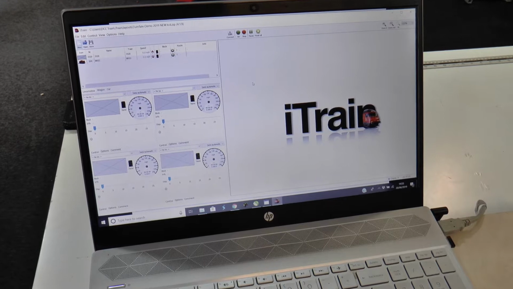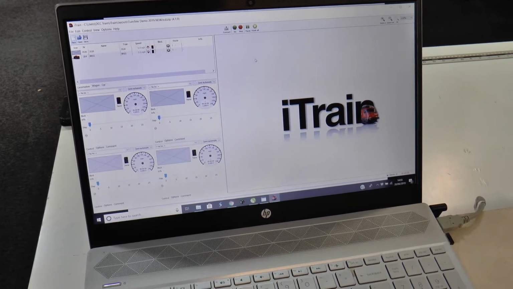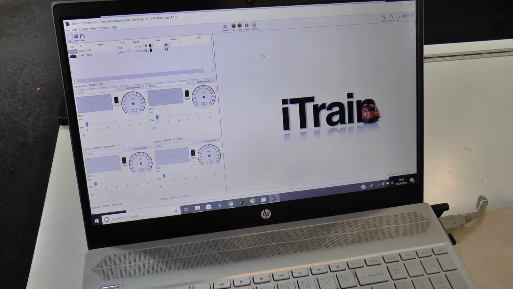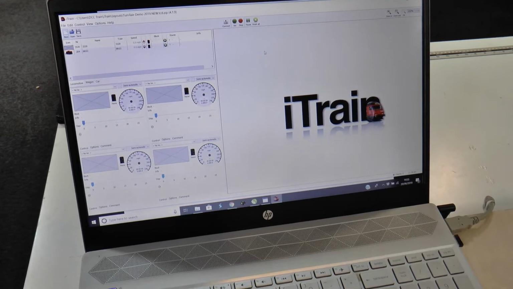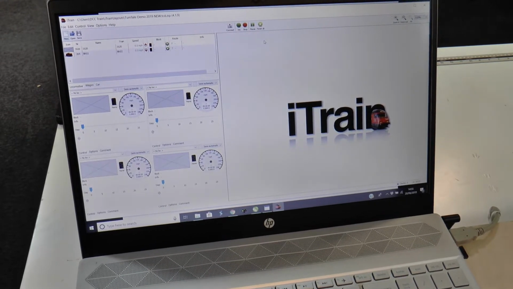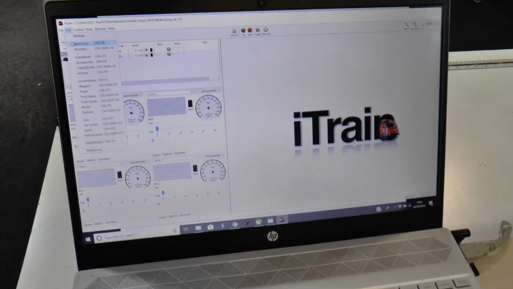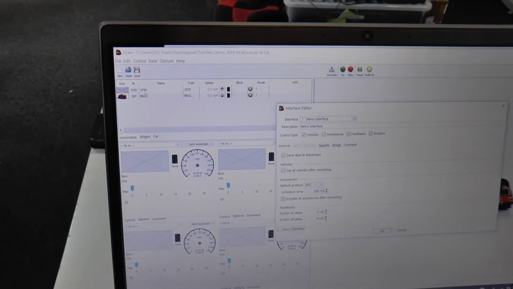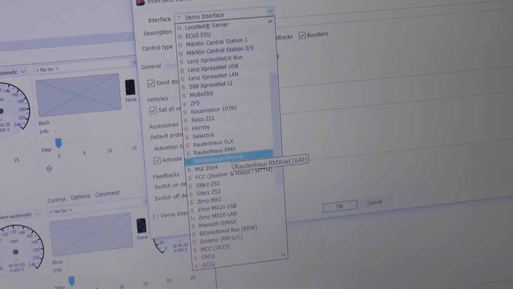iTrain version 4, setting up a turntable. With our DTX you need to create a separate interface within iTrain first of all. So we go to Edit, Interfaces, and in the list of interfaces we choose DTC, I think it is, if